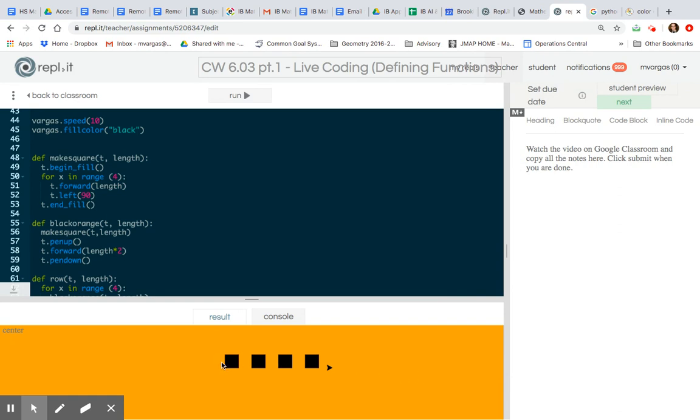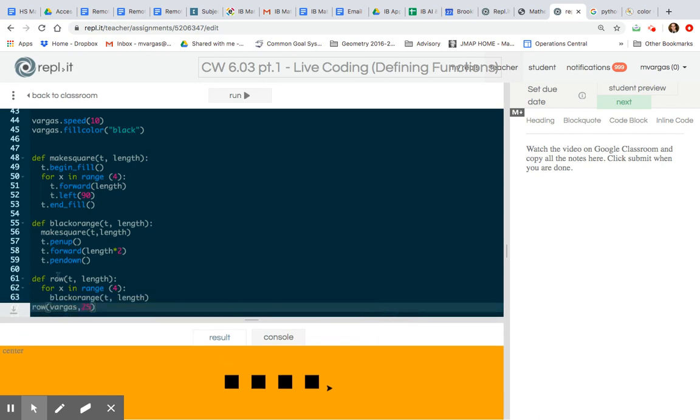Cool. It repeated it 4 times. Black, orange, black, orange, black, orange. Now, this row was being made starting at the bottom left corner of one of these squares, facing the right. If I want to use those same instructions for that row, where it has to move